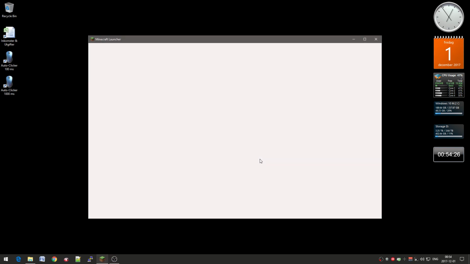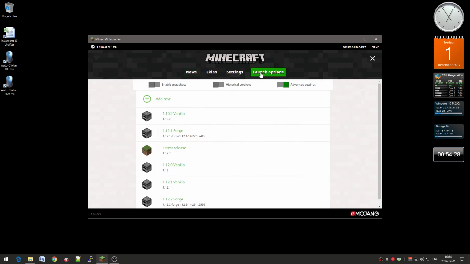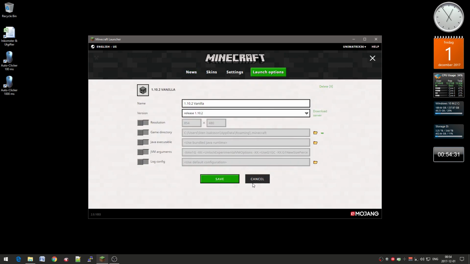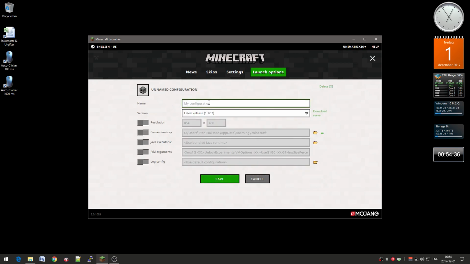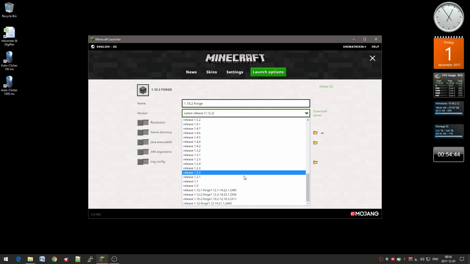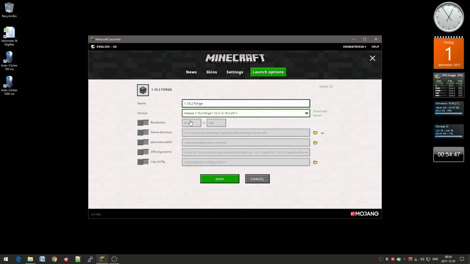Go into the launcher. Oh, not vanilla. I need to add a new 1.10.2 Forge. And then I'm going to select the Forge installation for 1.10.2 over there. Game directory, and Forge 1.10.2 Forge,